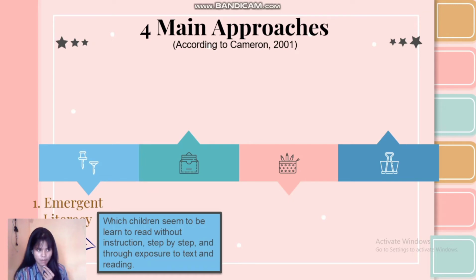So in emergent literacy, a young learner reads from books that are of interest to them, and they will start to work for themselves. I mean, they will read their book by themselves without instruction from the teacher or